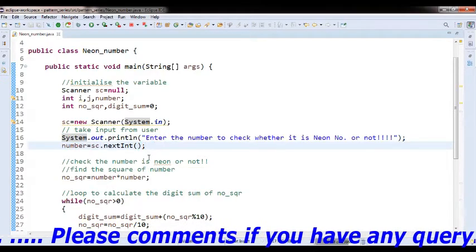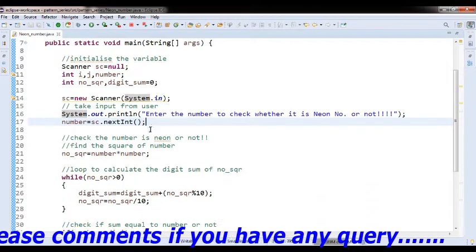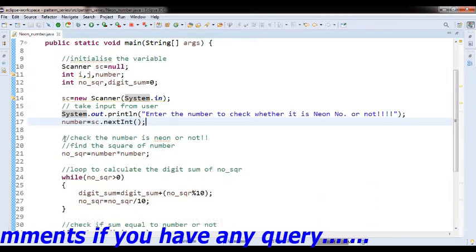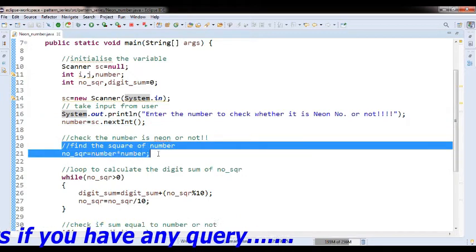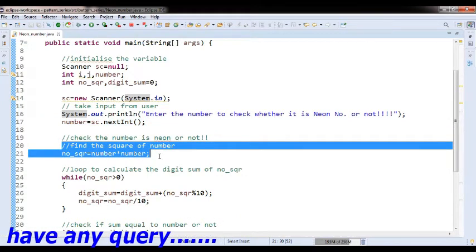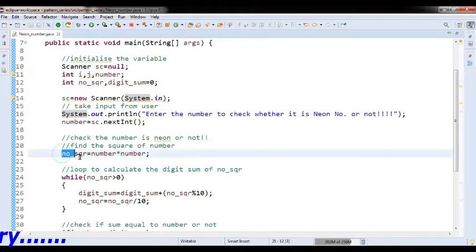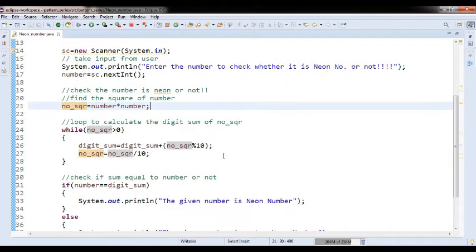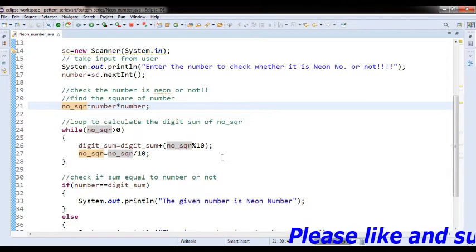After we get the input from the user, here we can find the square of the number and store it in the noSquare variable, the number square variable. Is it clear? Then recall the steps we have discussed.